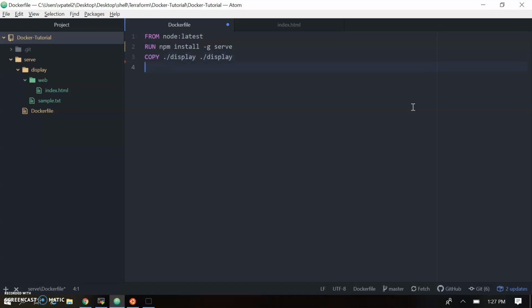So we use the image, we have run the command for installing, we have copied our existing directory structure, then we'll pass the command using CMD. This is the default command which we use: serve display.